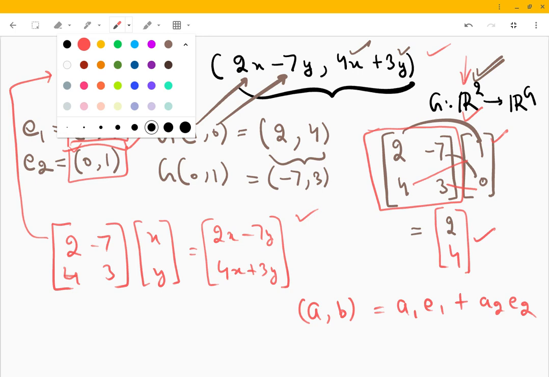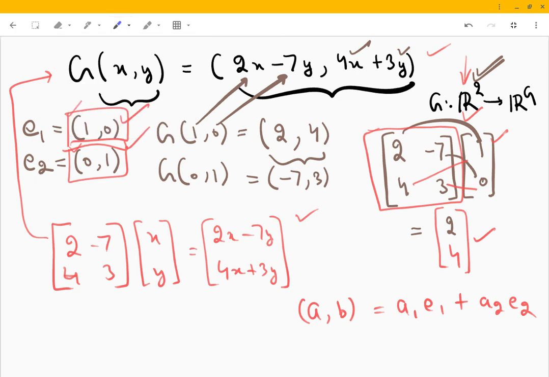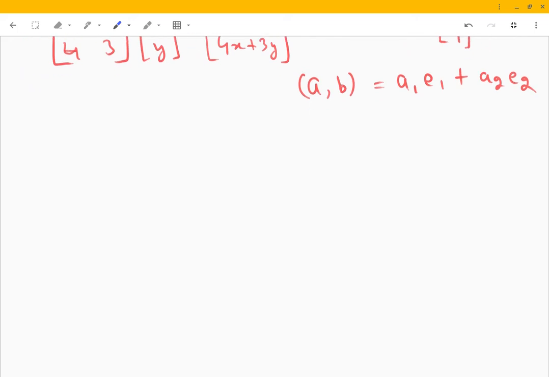So with that in mind, let us define a new set of bases, say S, and S is the new basis, okay? And it is defined as U1, U2, which is, let me write this,